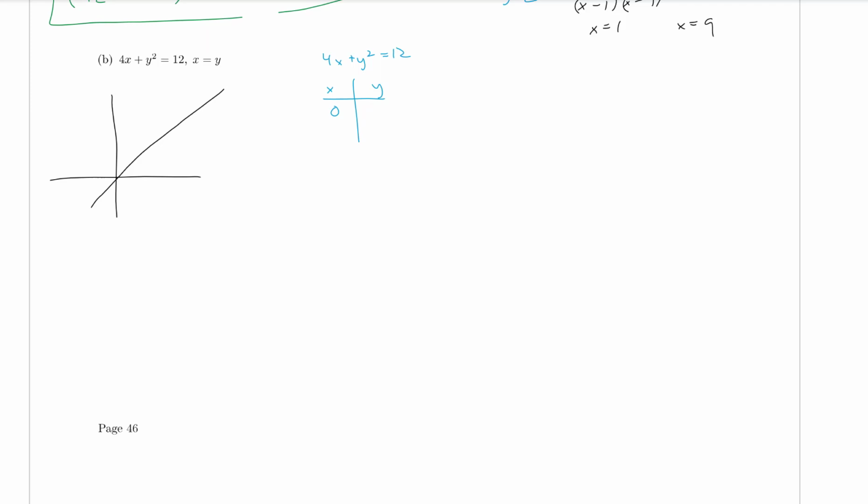table. So when x is equal to 0, that means that y must be equal to plus or minus the square root of 12. And when y is equal to 0, that means that x must be 3. So if I put some tick marks on here, when x is 3, y is 0. And when x is 0, y is plus or minus square root of 12, which is in between 3 and 4. So our parabola must open left,